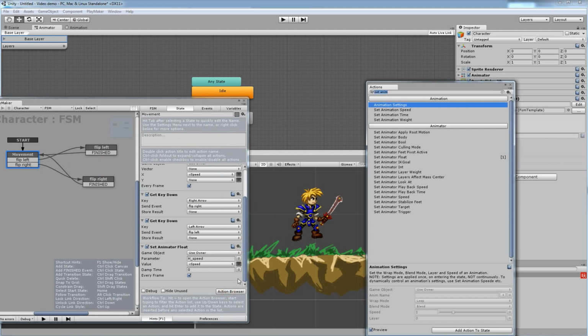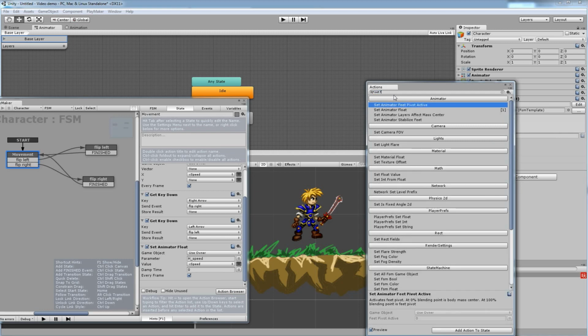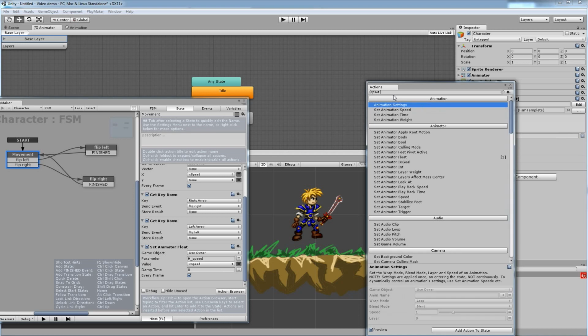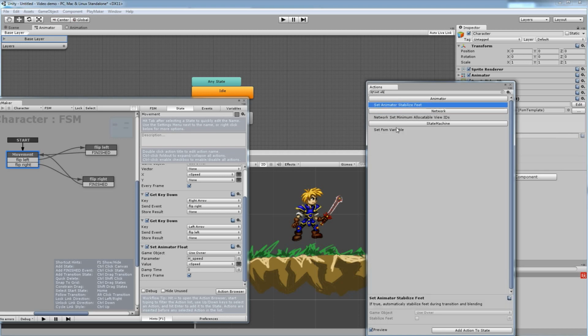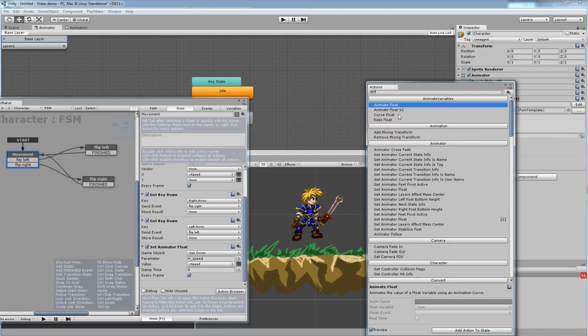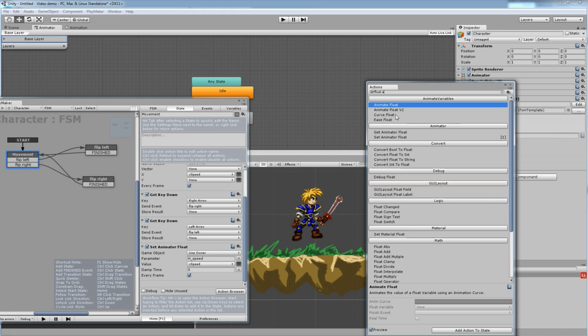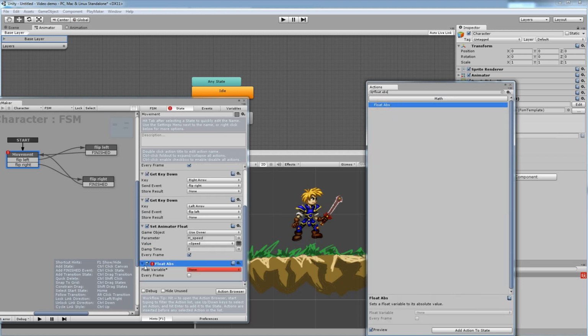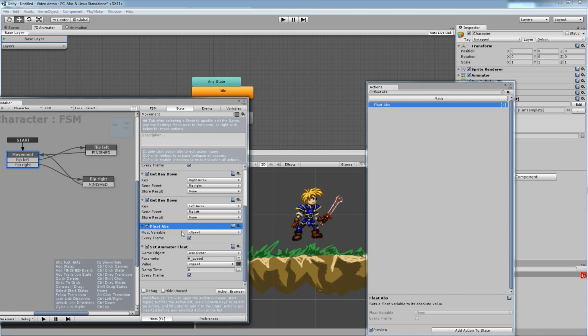So if I go to Action Browser, let's say I put set float, actually no, set absolute, not set float, float absolute. Alright, so we're going to take a float absolute, and we're going to use the x speed, and we're going to make that the absolute value, and we're going to do that every frame as well. So we're going to drag the float above the set animator, so it absolutes it before it reaches this. So if I press play now,